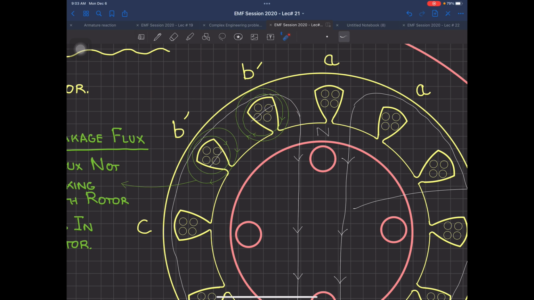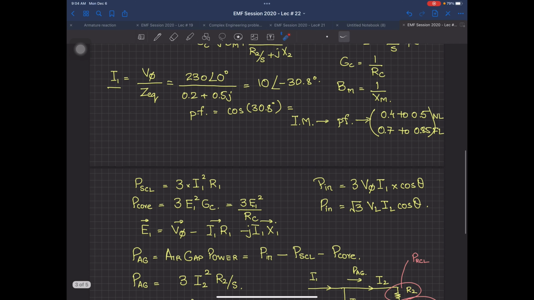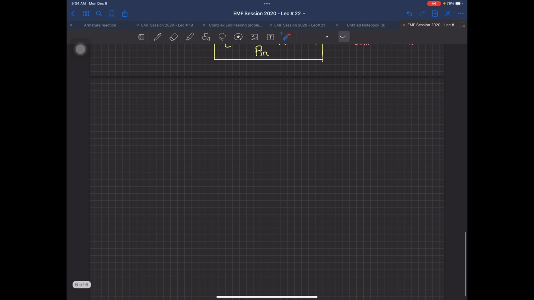So here you have more leakage flux. In a transformer, the leakage flux is that flux that flows through the air. The possibility of that there is very low. So practically this jX1 value is a little higher in your induction machine, and also the jXm value is a little smaller in an induction machine for obvious reasons, as I told you that the air gap has a large reluctance over there. So based on this, when you have found the efficiency, it's very simple.